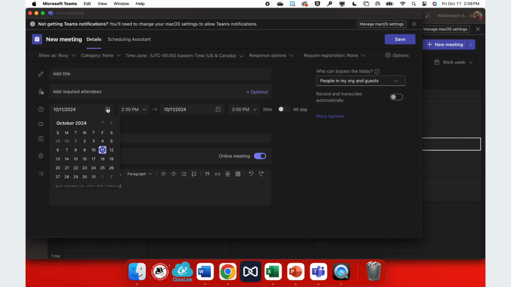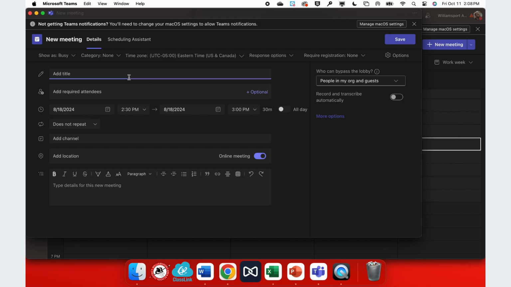So I'm going to create a new meeting just to show you where you can set your security settings at the start. Select a date and time, and then go ahead and give it a title. For me, this is going to be a meeting for our flexible instruction day, so FID Day meeting. Now, I can add required attendees such as a co-teacher or anybody that I want to invite in, such as